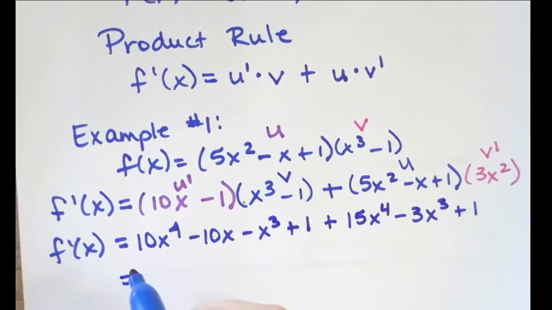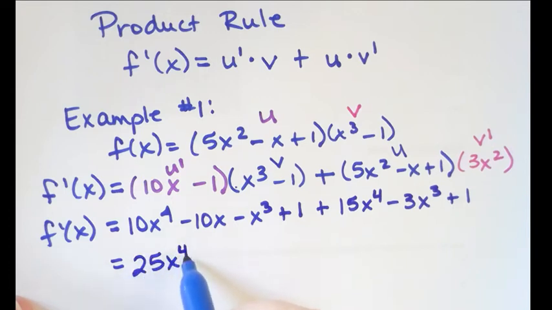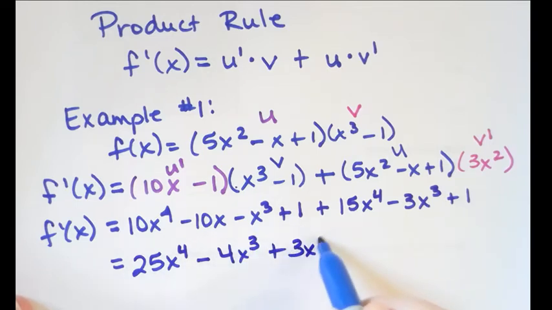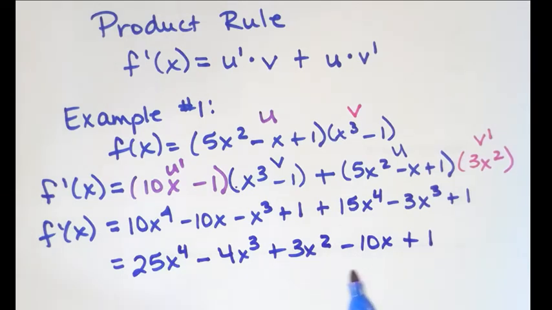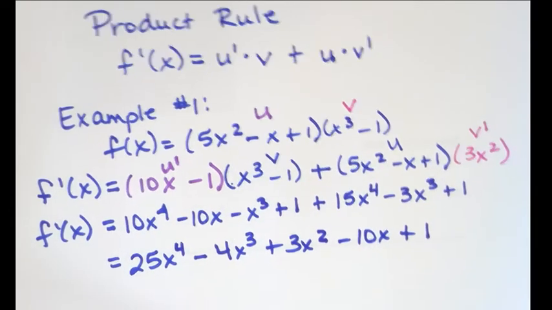So then we have that f prime of x will equal 25x to the fourth minus 4x cubed plus 3x squared minus 10x plus 1. So we can use this derivative to find the slope of the tangent line, to write the equation of the tangent line. Everything else that we would use a derivative for, we can use this expression with,